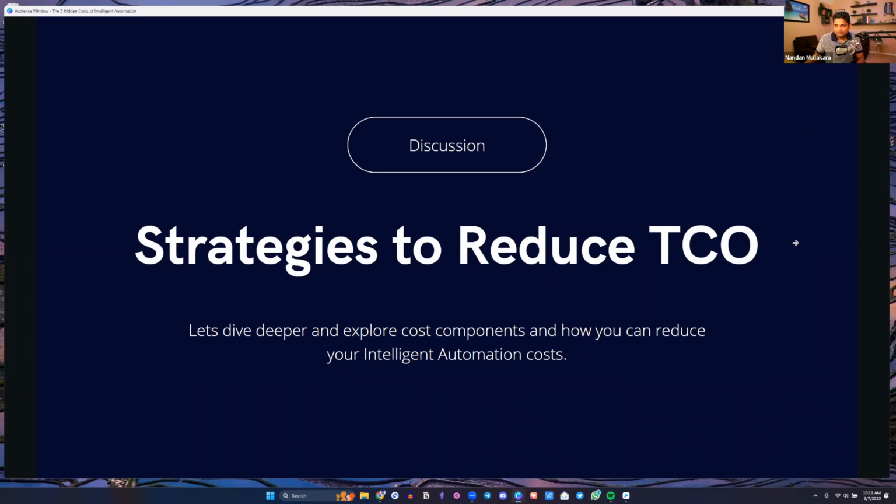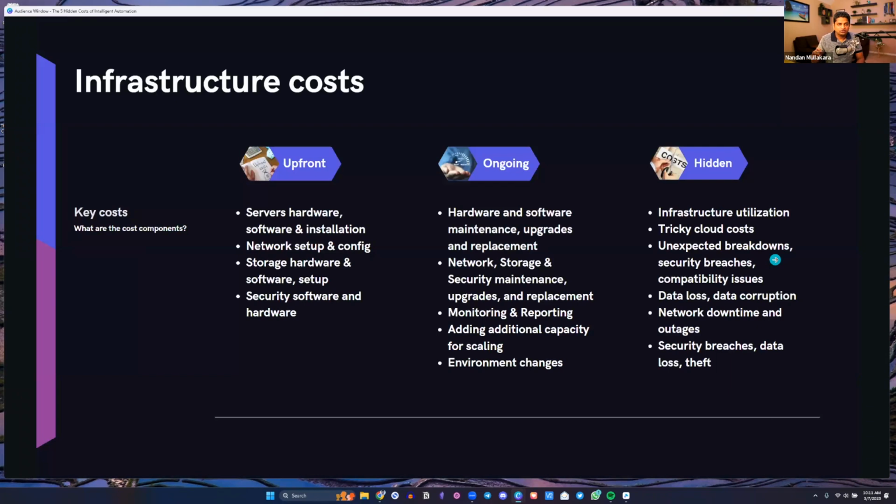So the first cost, as I said, is infrastructure cost, and this is one of the things that hits us first as we start the intelligent automation journey. And the first thing I noticed is that getting the infrastructure is hard, especially if you're on-prem. You go to an infrastructure engineering guy, and then he's like, okay, yeah, you got to wait like 6 months before you get your servers, and then as you dive deeper, you realize that, oh yeah, it's not just the